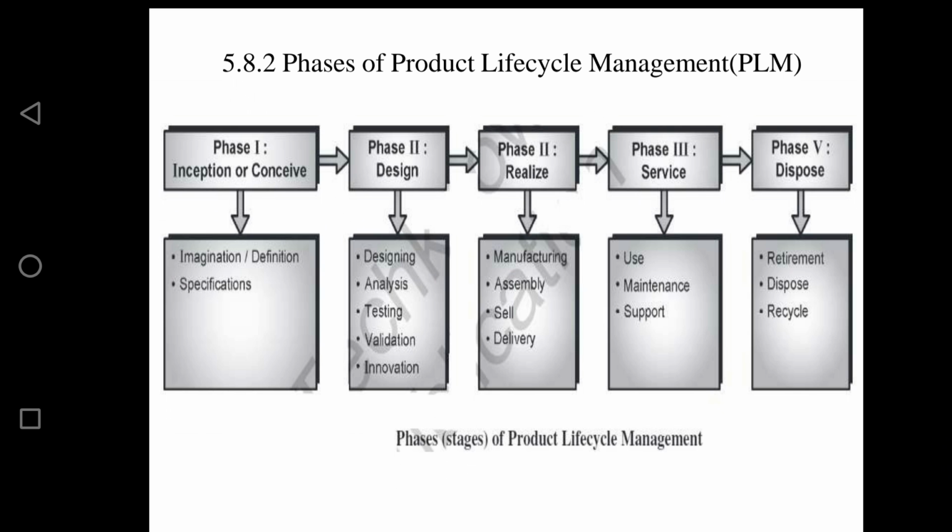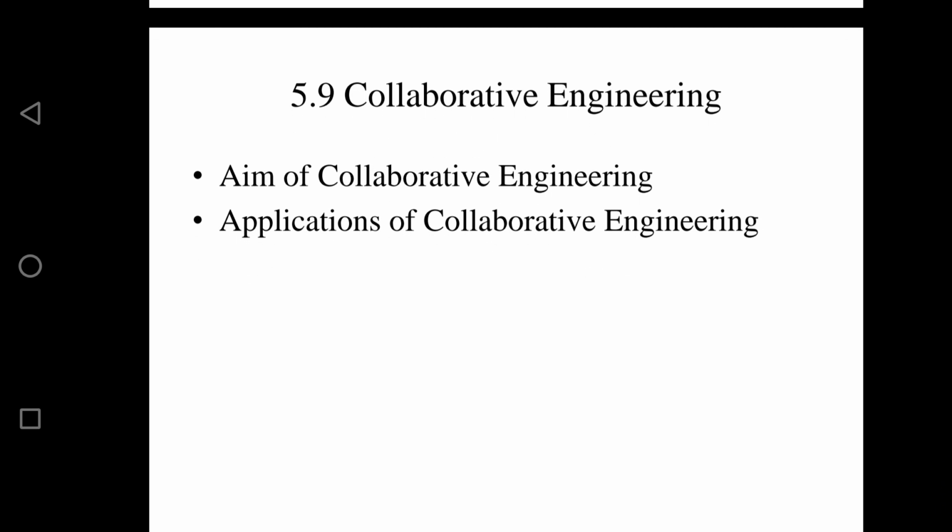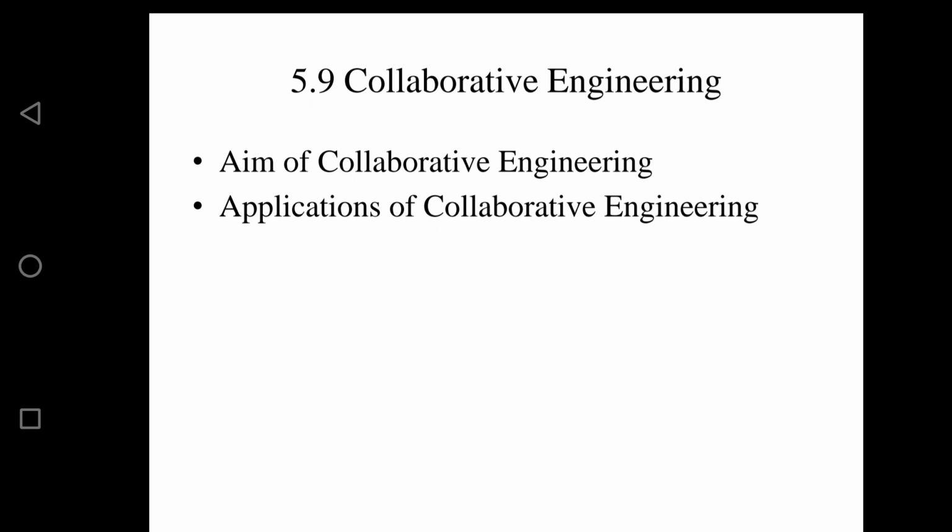Okay. So the next topic in your fifth unit is collaborative engineering. Collaborative engineering. What is collaborative engineering? Well, the name itself indicates collaboration. Okay, collaboration. If I define it in technical terms, collaborative engineering is defined as a discipline for the study of interactive process, different processes of the engineering collaboration,